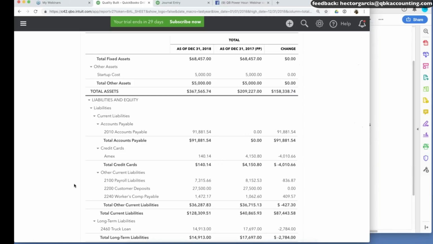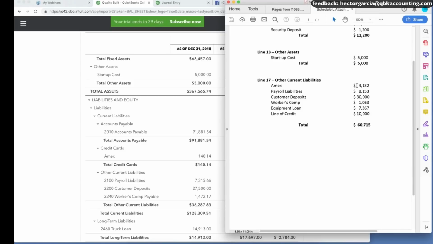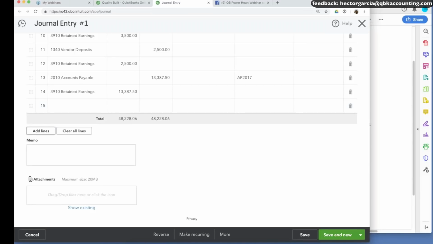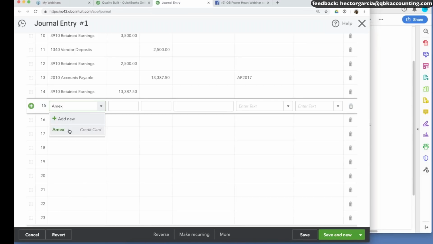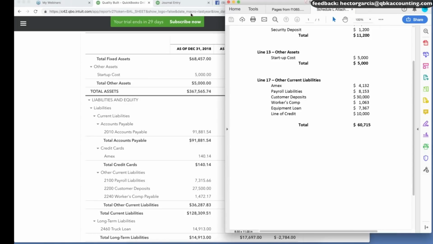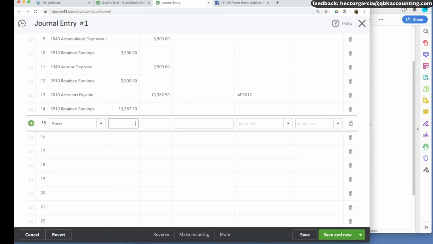So we have to now match up all the current liabilities that's on the statement with whatever QuickBooks has. Okay, so let's go through them. So the Amex, according to our statement, is 4132, and according to QuickBooks is 4150. So we just have to adjust that. So we're going to go to Amex, and that's 4150. So we're going to lower that. So lowering a liability, it's a debit. So we got 4150. What's the cents? 0.80. So 4150.80